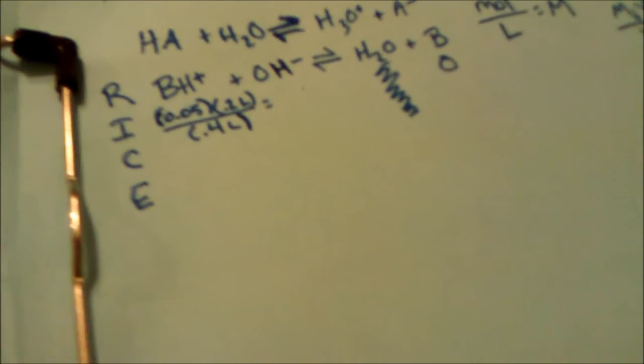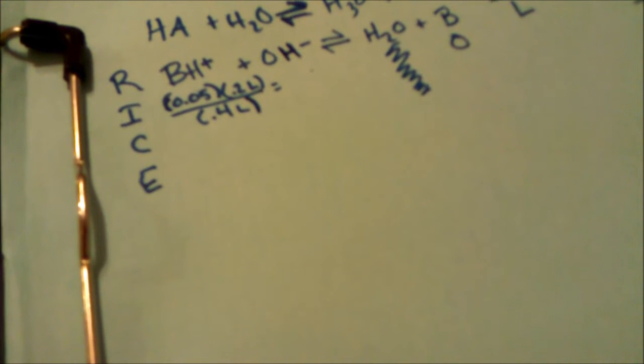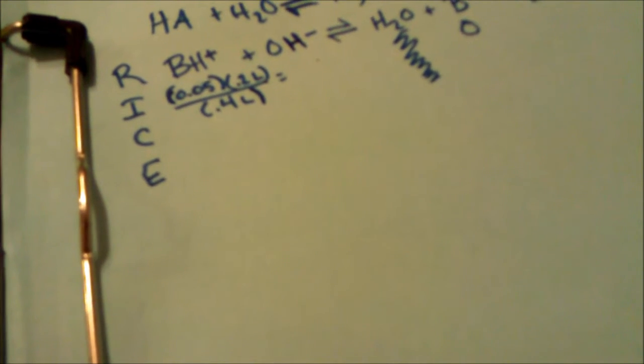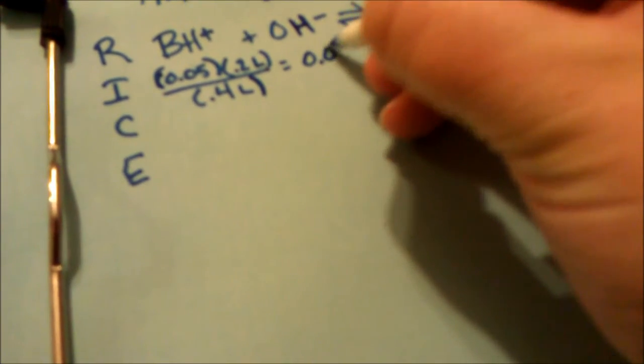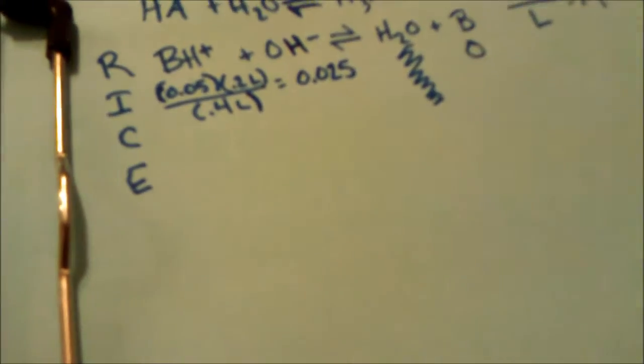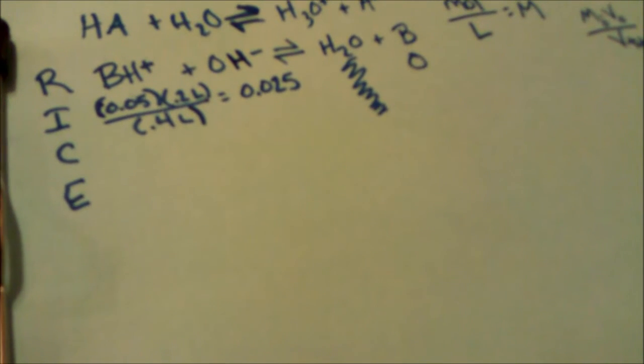Okay, when I calculate that out, 0.05 times 0.2 over 0.4, I'm going to get 0.025 molar, and that's going to be the same starting concentration for both my hydroxide and my BH plus, my